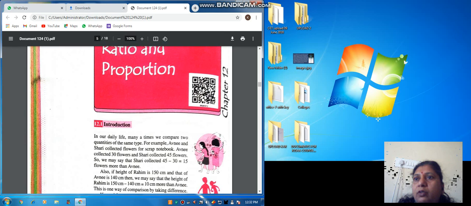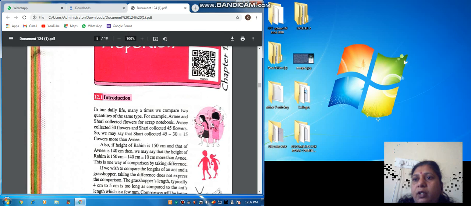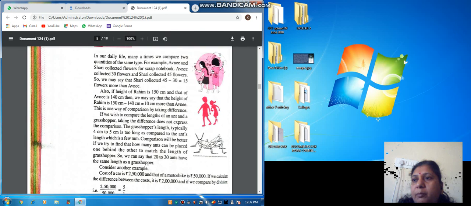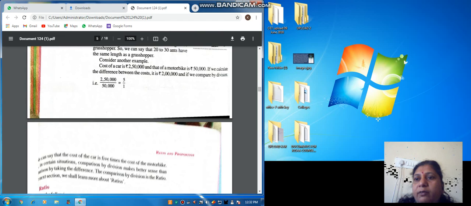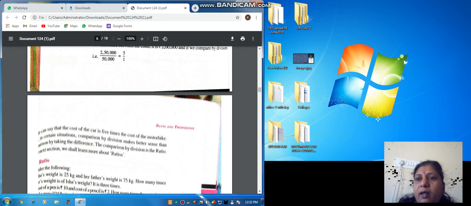So, ratio and proportion. First we see about the 2-3 examples. So here we have compared two quantities by the method of comparison. Now next, we see the comparison by division, the ratio. That is, we calculate the price of bike and the price of car and